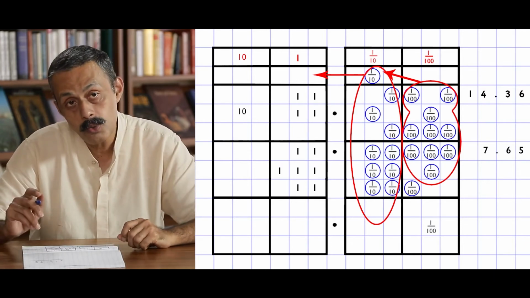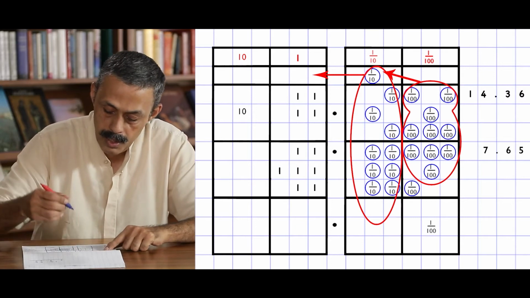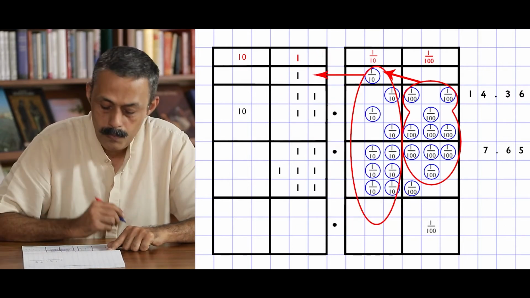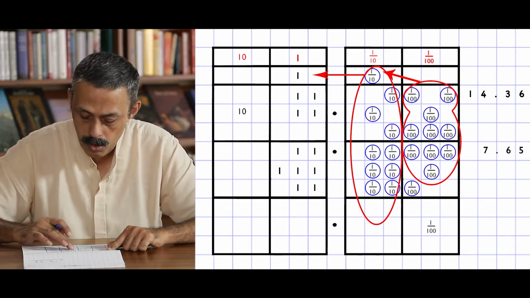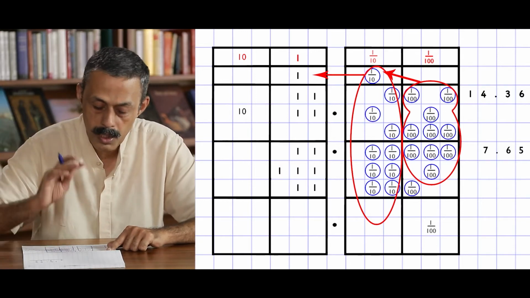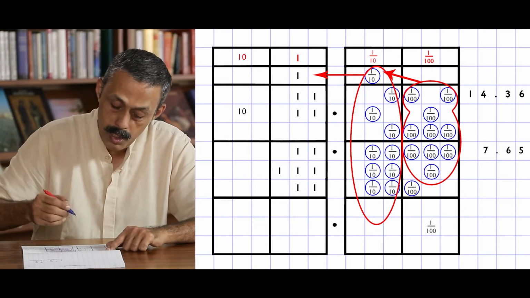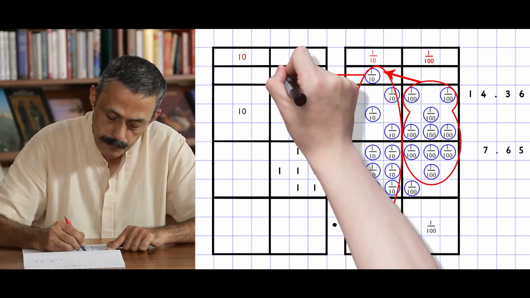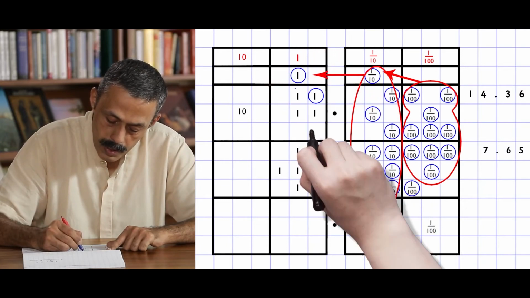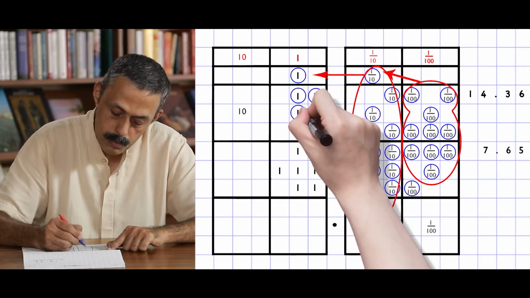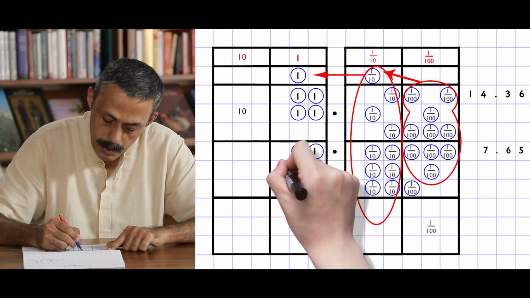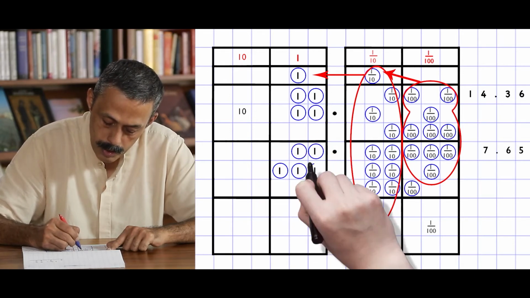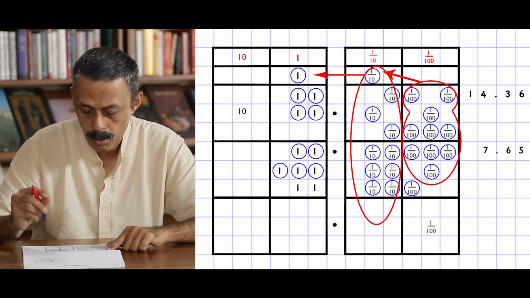What is a yellow cube? A unit. So, I got 1 unit. So, when I add 10 1/10s, I got a unit. Now, let us see how many units are there. I am marking them again. 4 units, 5 units, 6 units, 7 units, 8 units, 9 units, 10 units.